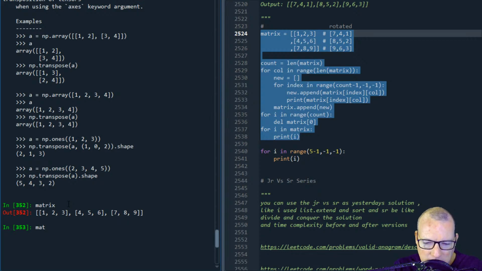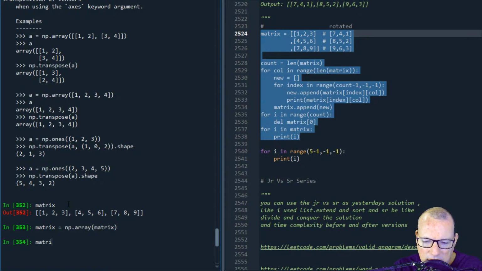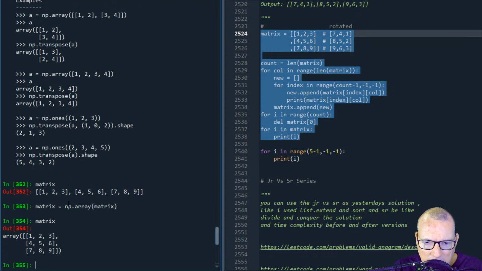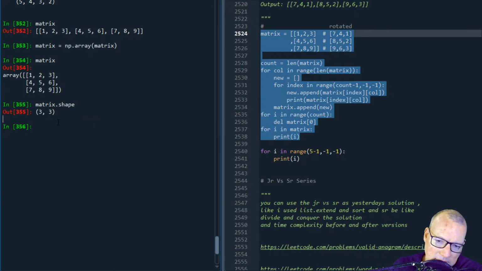So then if I were to go matrix, I wonder, never mind. So let me stay focused. Matrix equals numpy dot array dot matrix. Is this it? There we are. So then now if I were to go then matrix, this is what I wanted to go, shape. So then there we go. So what I did is I passed this in and basically converted it over to,